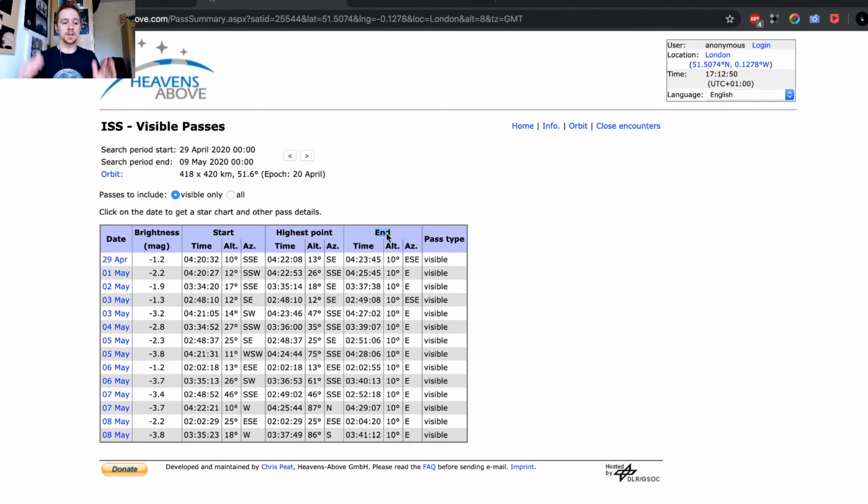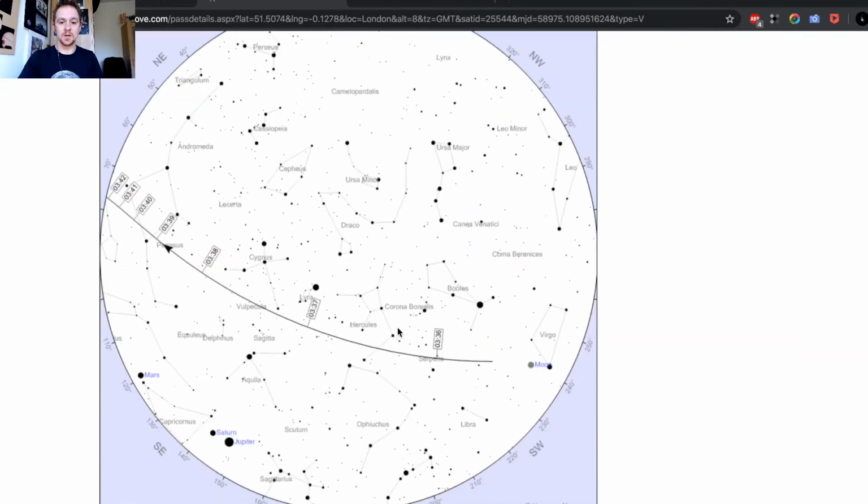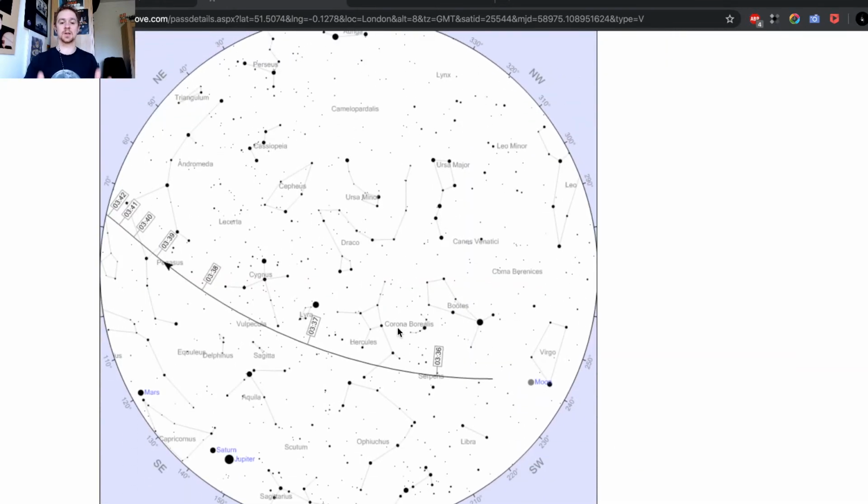If I open one of them, then probably I give you a better idea. So if I click on one, you will see this star chart. This is a massive help for you, because when you go out and if you have a relatively open sky, you will see all the constellations here, so you can orientate yourself.